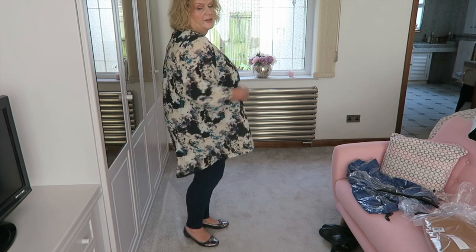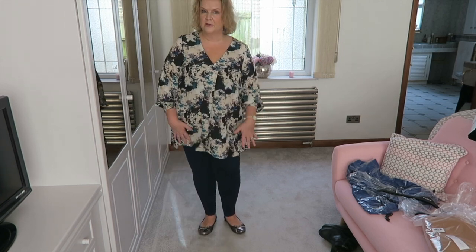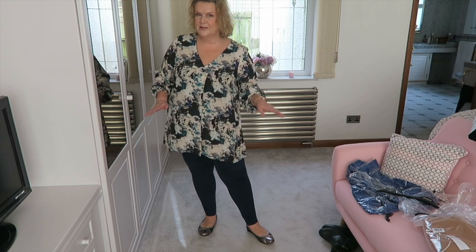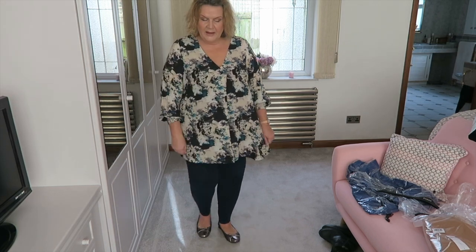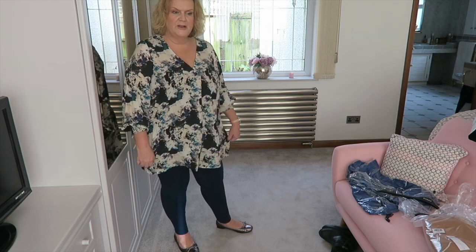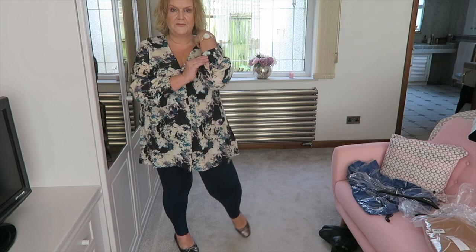I like the swishiness of it. I like the fact it drops down at the back and is slightly shorter at the front, but not too short, because we don't like things that are too short at the front, do we, ladies? So yeah, I think this is a really nice, unusual print, and one that I really like. I like the button cuffs, and for 11 quid, that's an absolute bargain. Winner, winner,